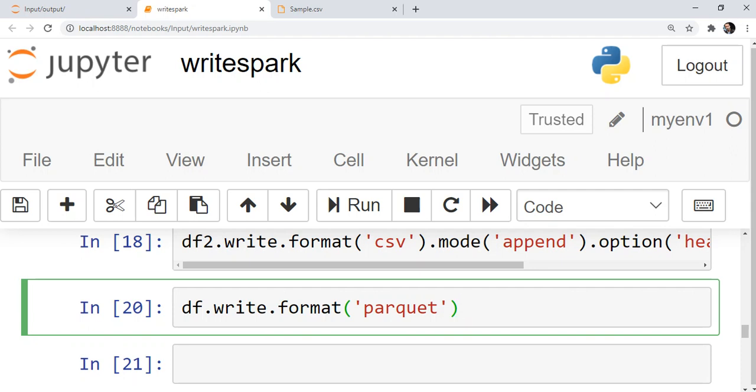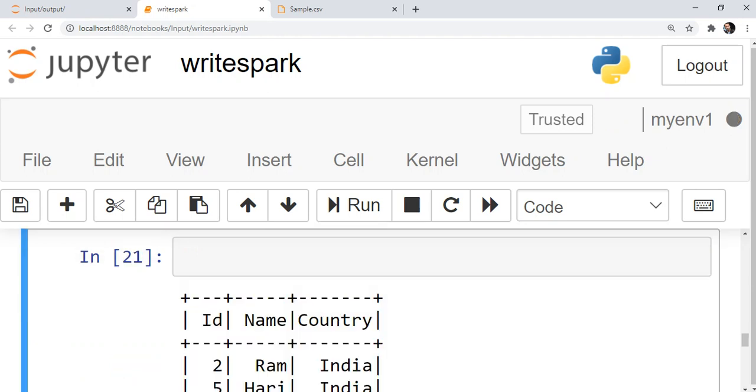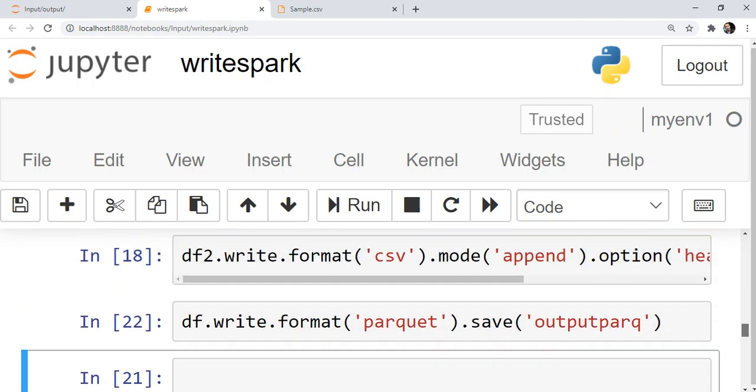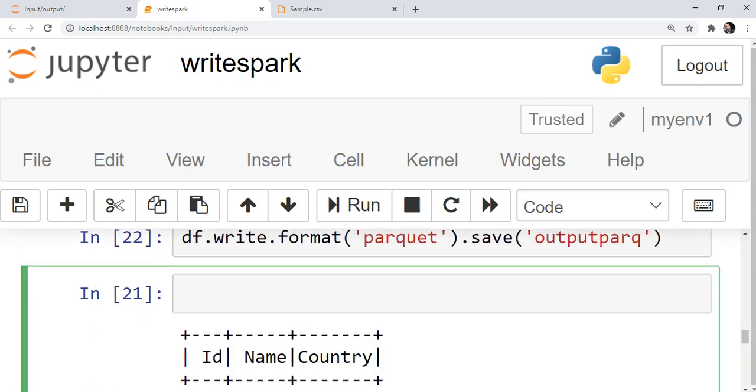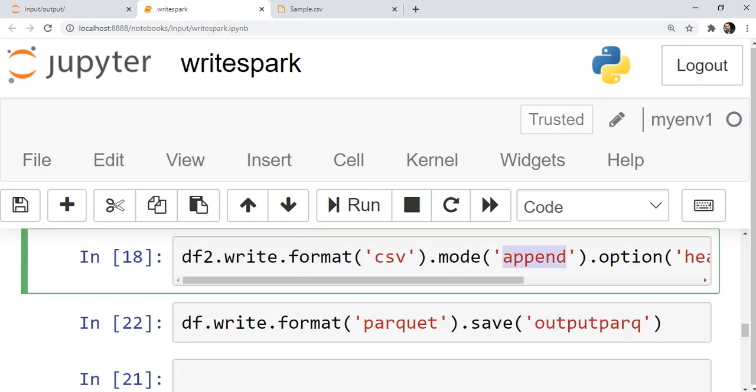So we will try some output park. If it has some issues it will show you, otherwise you have written it to the output park folder.